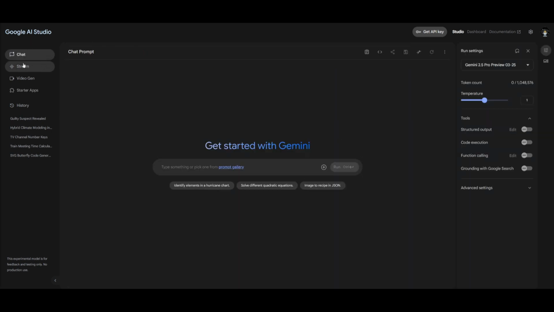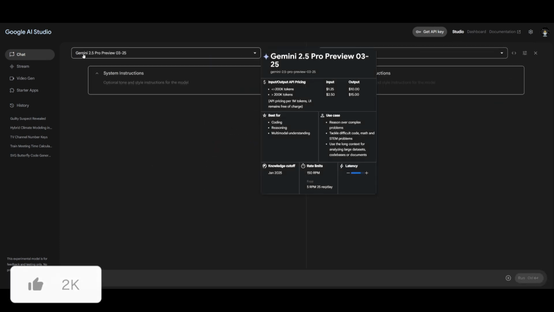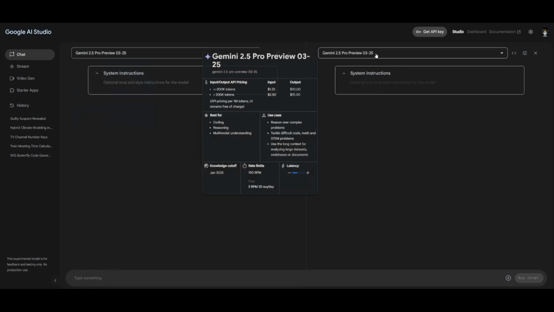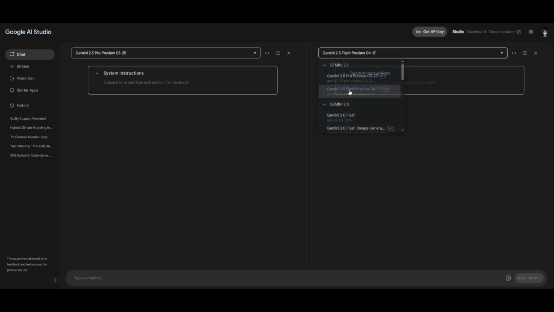Now, if we head back to the main chat interface, what I really want to showcase is this amazing new feature where you can compare models. So say if you want to generate something with the Gemini 2.5 Pro, but say you also want to check out how well the Gemini 2.5 Flash is, you can select these two models, give it a system instruction, and test it out. So we can say, create me a simple SaaS landing page,